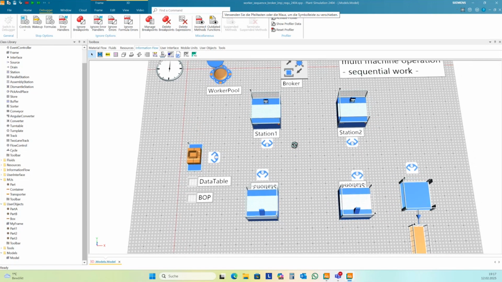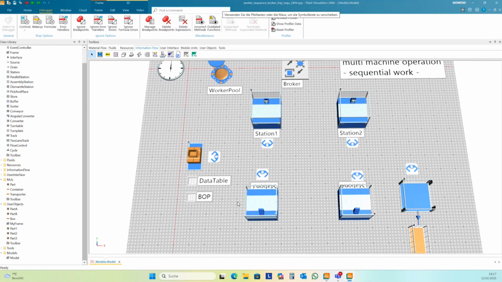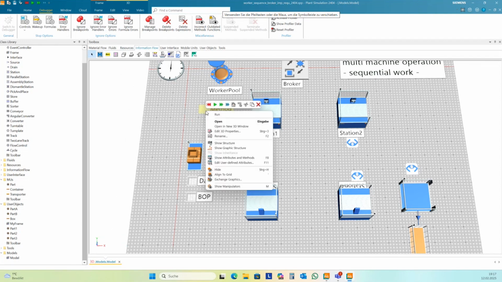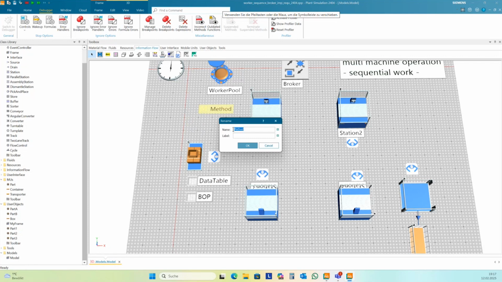One step: we need exit controls here in the stations to increase the user-defined attribute of the part. But this is quite simple. We need a method. Maybe a station exit control.